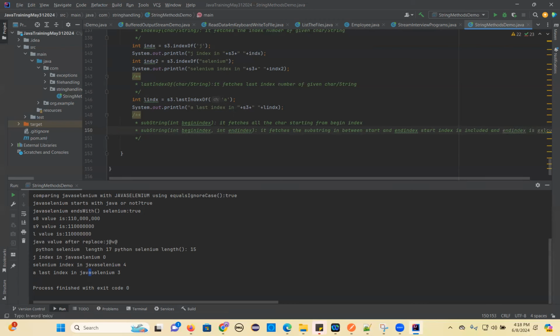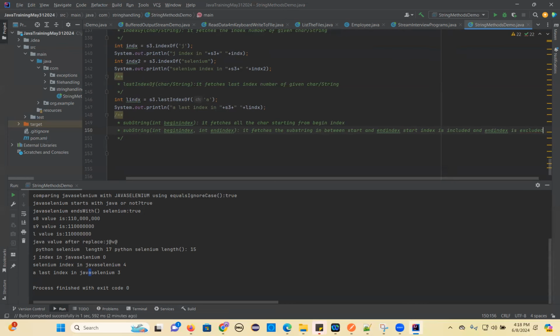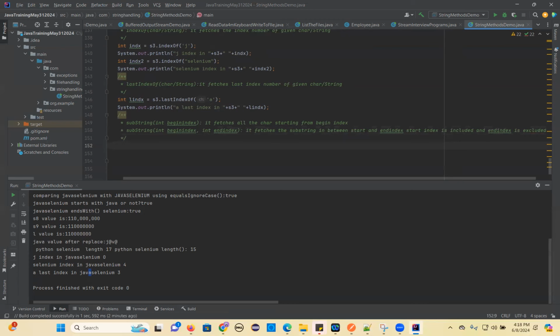So whatever character is at the end index place won't be considered. It won't fetch the character at the end index place. So that's the substring, both methods, and we are going to use this substring concept